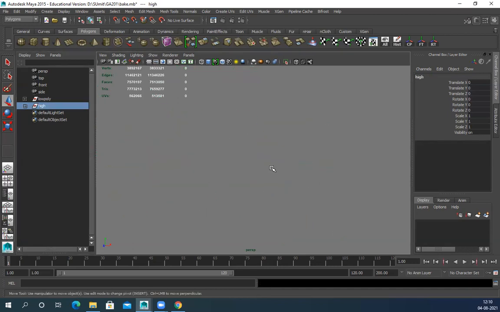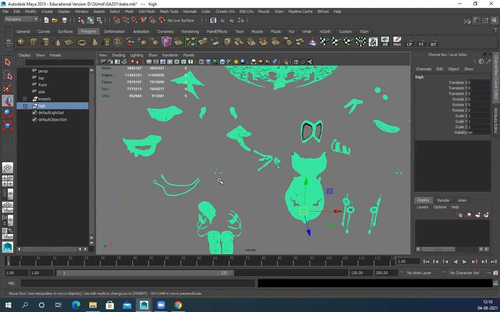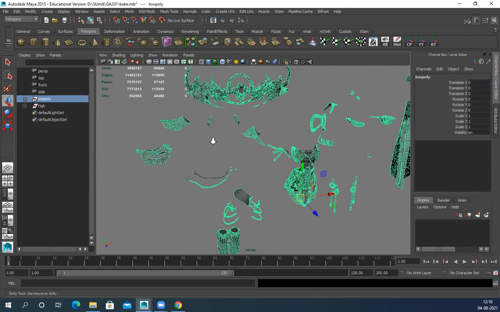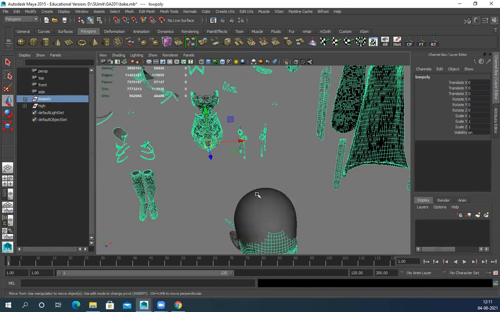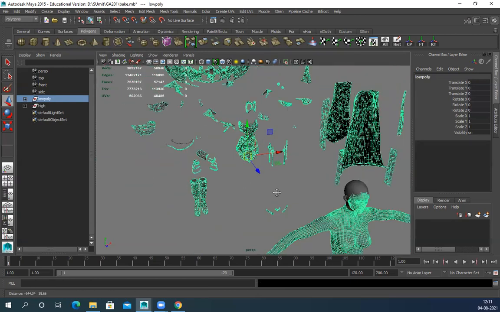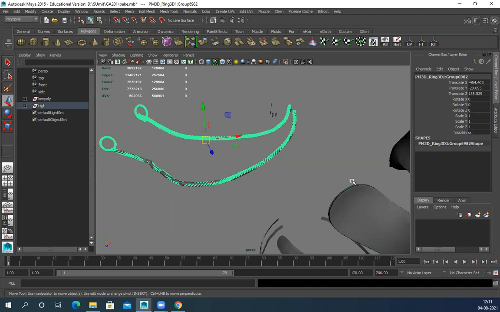Now let me check everything. I can see I have selected only high poly, and let's select low poly. So low poly, you can see all the models are there. This half head is not there. I have deleted it anyway, that's not required. The only thing is this thing is missing, so that doesn't matter. This part anyway I have to fix and create a texture. So this I have to unwrap and texture.